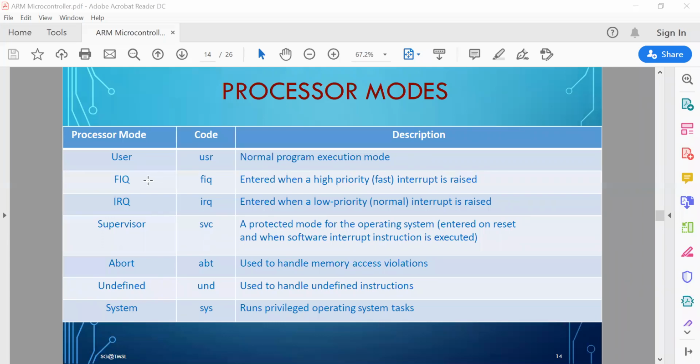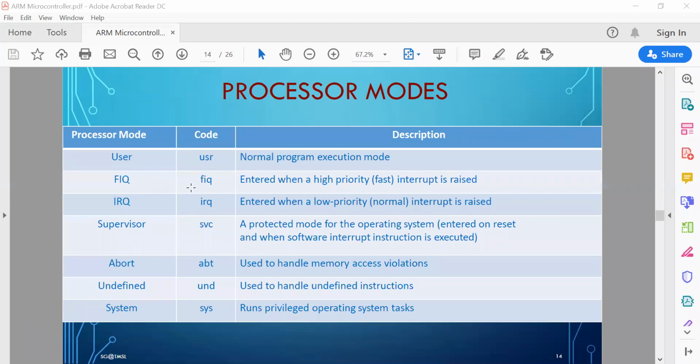Okay, so in ARM, two different levels of interrupt processing are permissible. One is called the high priority, and another is called the normal priority, lower priority, same thing.